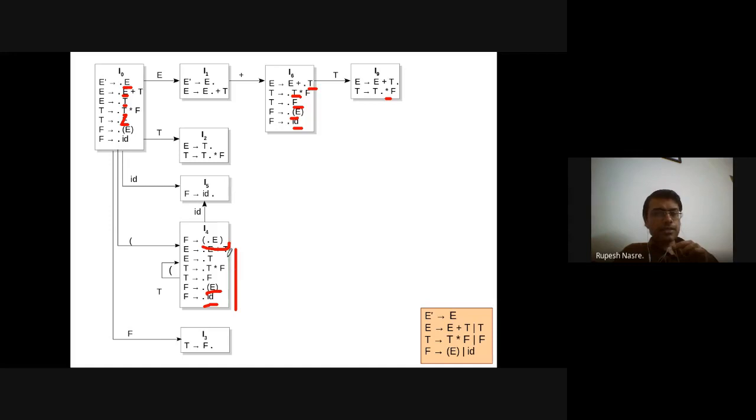Okay, then there are other transitions possible from I4. One is on capital E, another is on capital T, another is on capital F. Let's finish that.